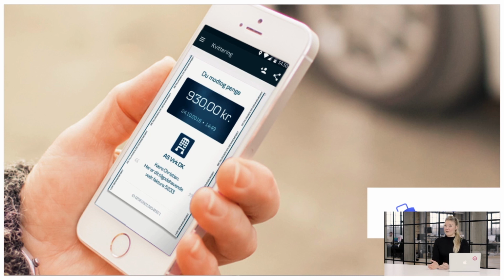So this is a good example of, instead of having an entire bank in your app, you have this small sequence that you could also do in a bank, but taken out and done very easily in MobilePay.